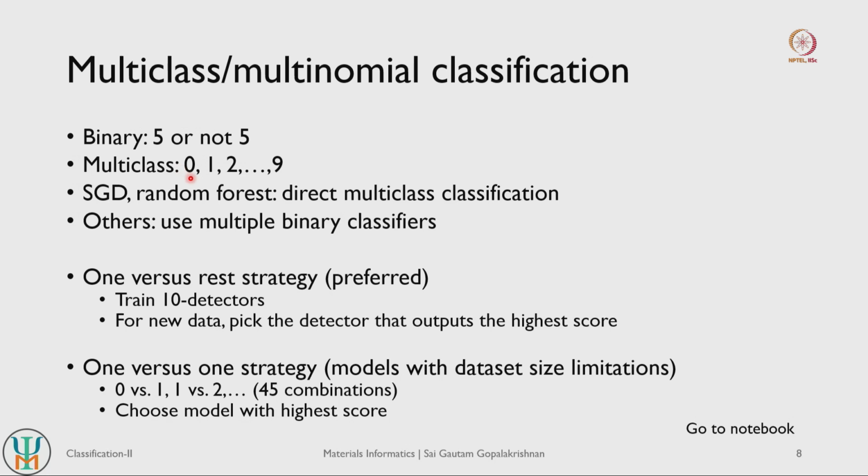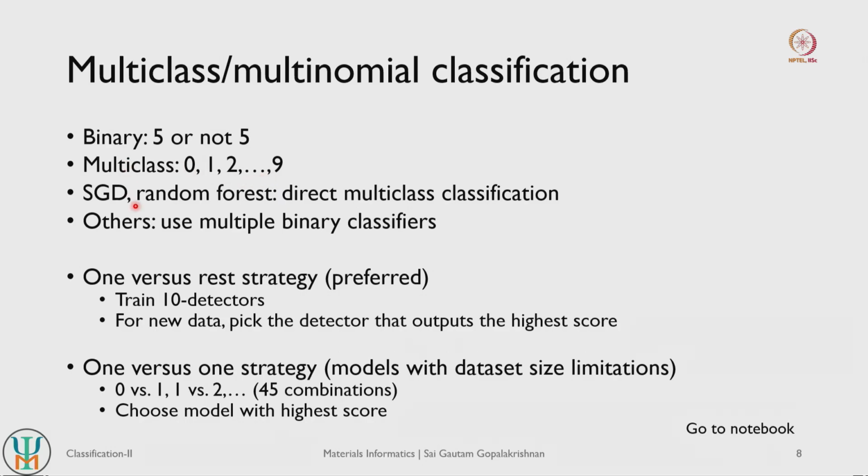So in our MNIST data set, we have 10 different digits, from 0 all the way to 9. In principle, we want our classification model to output whether the number is 0, or 1, or 2, and so on. We do not want our model to just say whether it is 0 or not 0; if it is not 0, we also want it to say whether it is a 3, a 4, or a 5. If we build a classification model which can output one of a discrete, finite set of labels, then that is referred to as a multi-class classification model.